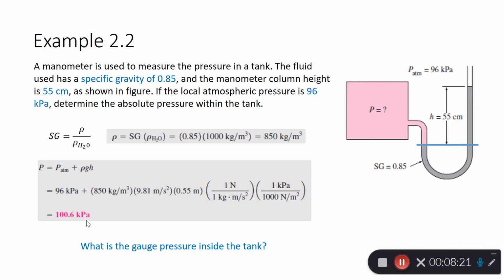The question: what is the gauge pressure inside the tank? I hope you know by now that gauge pressure is simply rho g h, or it's just the pressure minus P atm, which is rho